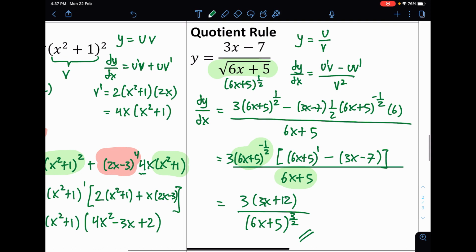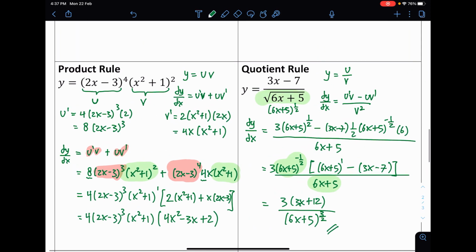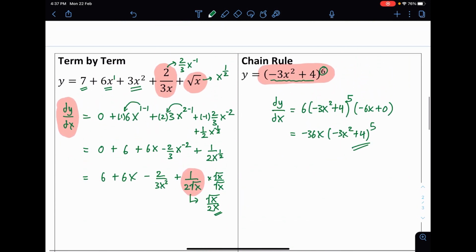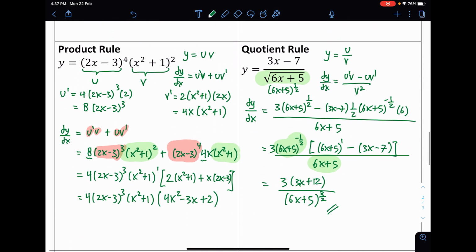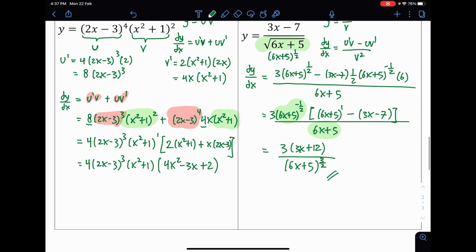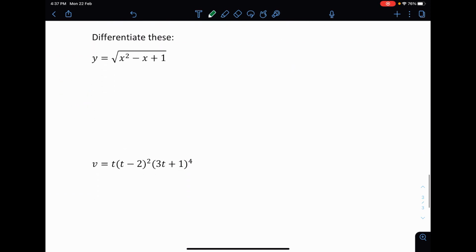So yeah, that's all the 4 major rules that you're going to do in differentiation. Term by term, chain rule, product, and quotient. The building base, you need to make sure that you are doing well for these 4 methods. So let's practice on a little bit of question, some more.